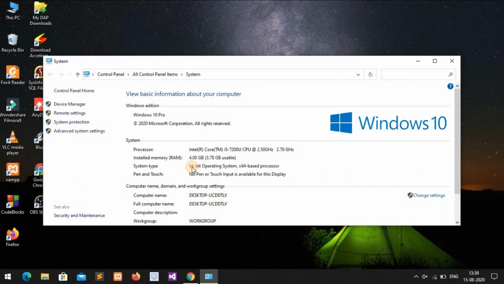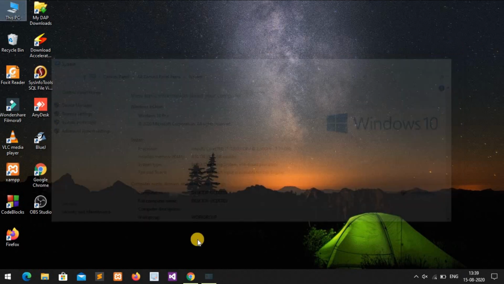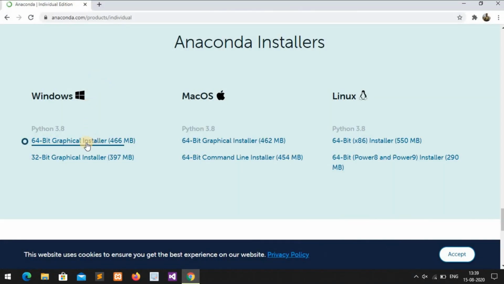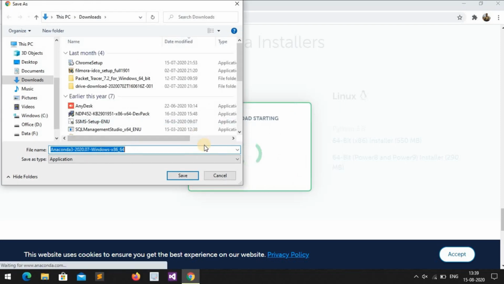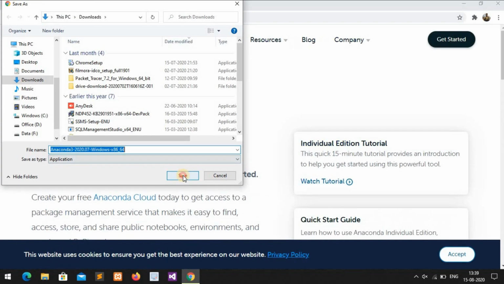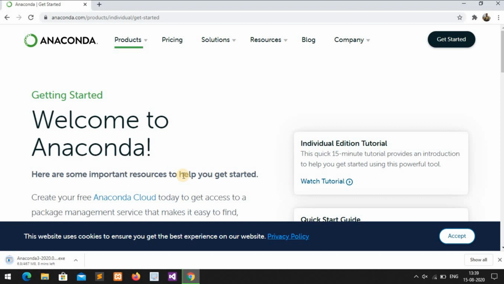If your operating system is 64-bit, you will go here and download 64-bit, otherwise you download the 32-bit version. I am going to download the 64-bit version, and in the download you will go for save. When you save the application, it takes some time, as you see.